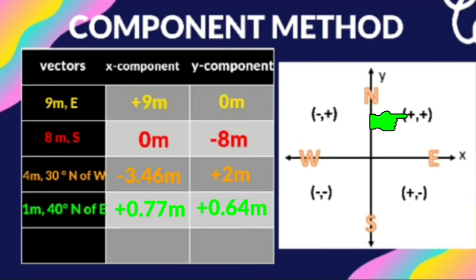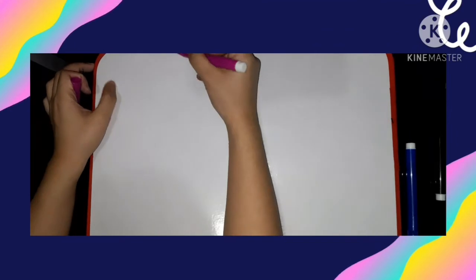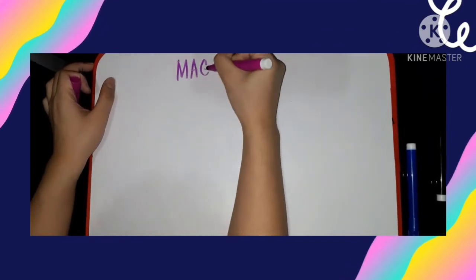Add all x components and the answer is summation of x is equal to 6.31 meters, and also add all y components and the answer is summation of y is equal to negative 5.36 meters. For our magnitude,